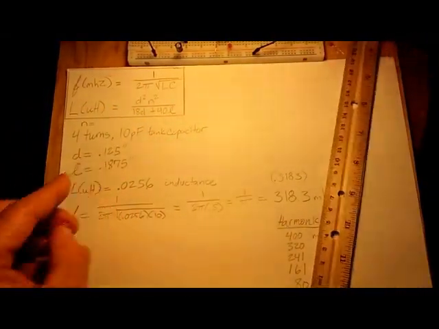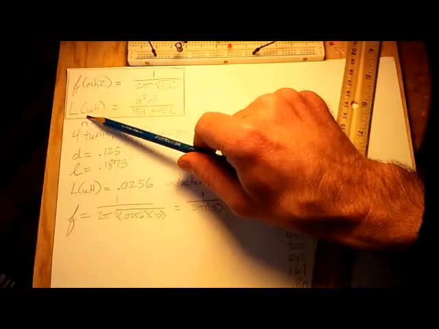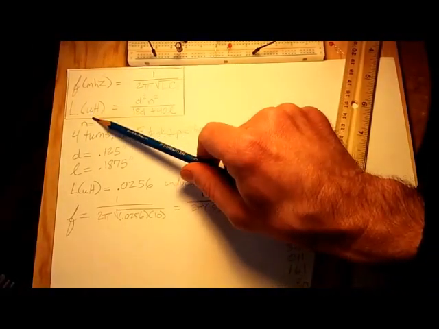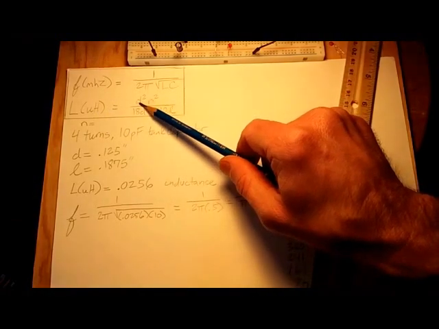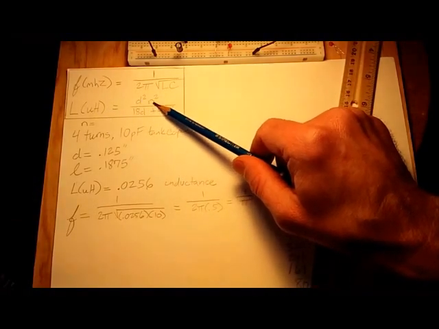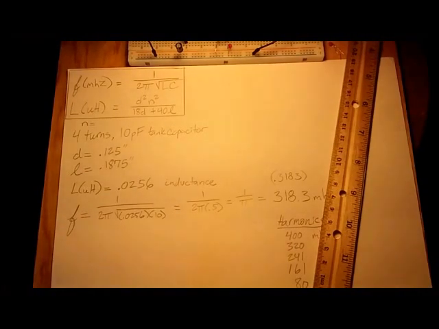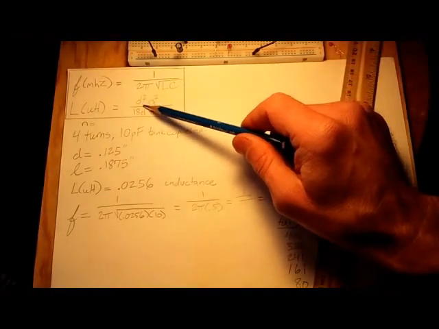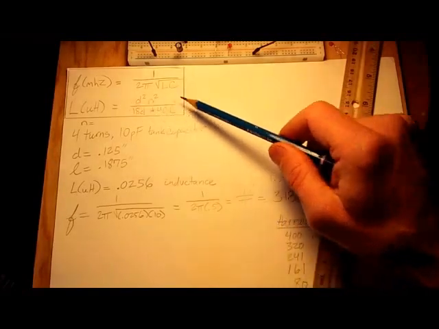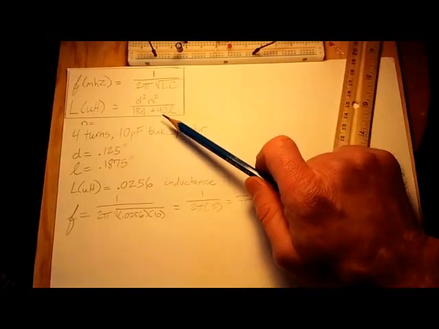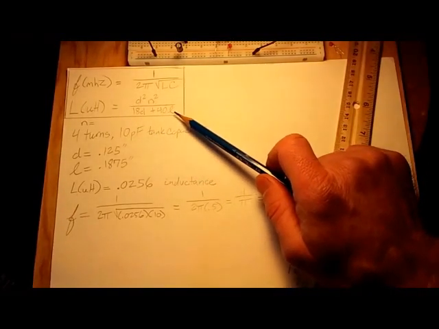And that's going to get plugged into your inductance in microhenries formula here. Diameter squared times the number of turns squared. This is a 5-turn, however we're using a 4-turn coil today. So the diameter squared times the number of turns squared divided by 18D plus 40 times the length of the